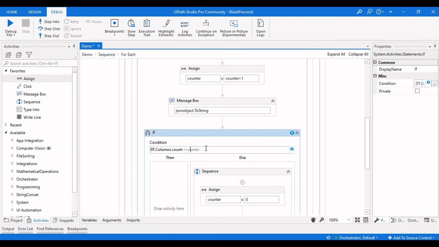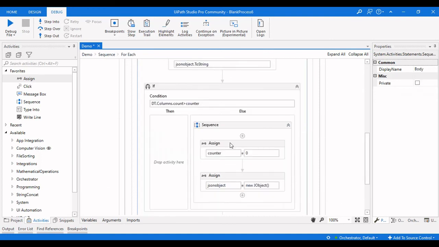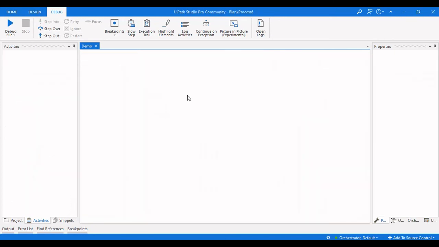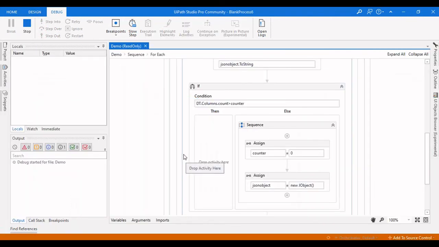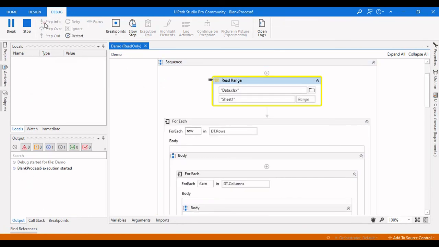let us say that if it is equal to counter, if it is greater than the counter, then it needs to go here, or if it is not greater than the counter, then it will come here. So let us check this condition out here, and let us step into it. If this condition is good, then we are good enough to wrap this up and insert the data into the service now.